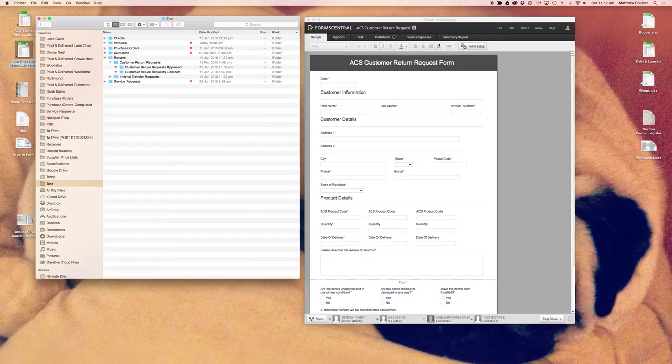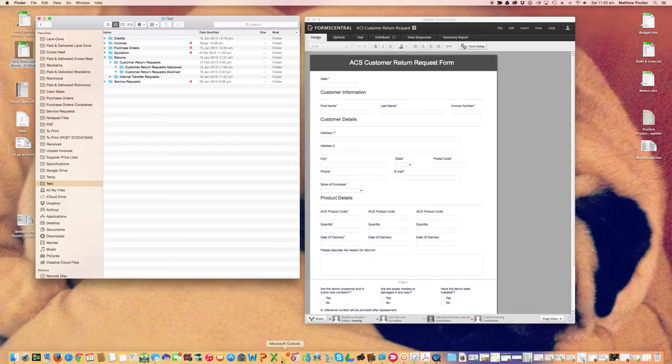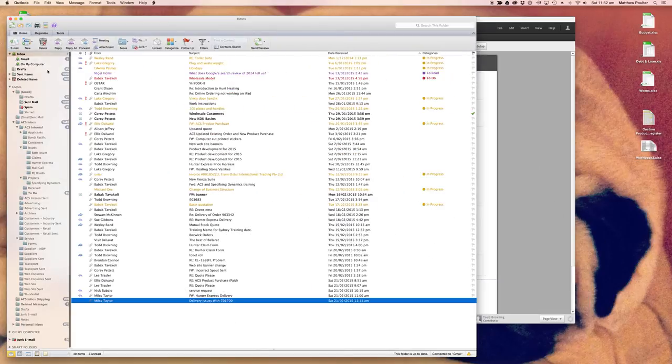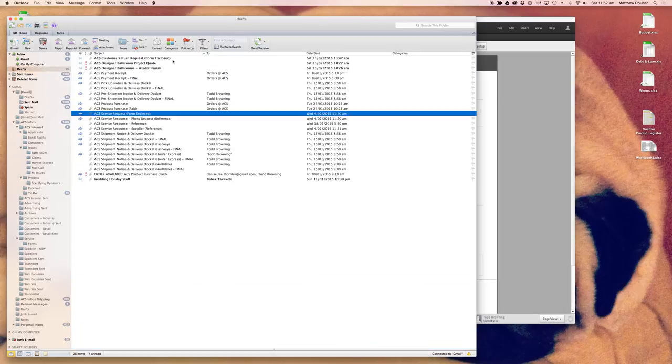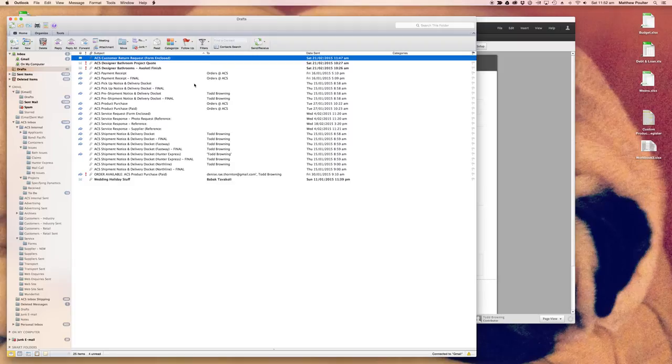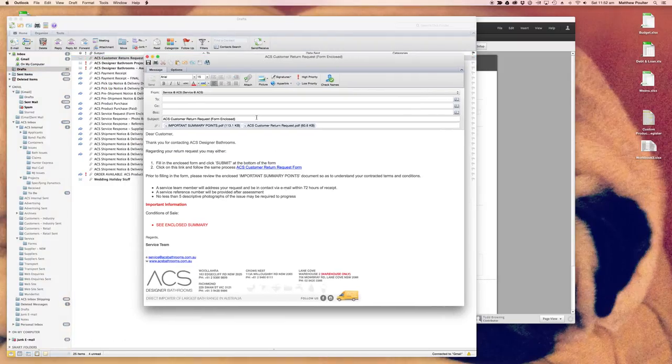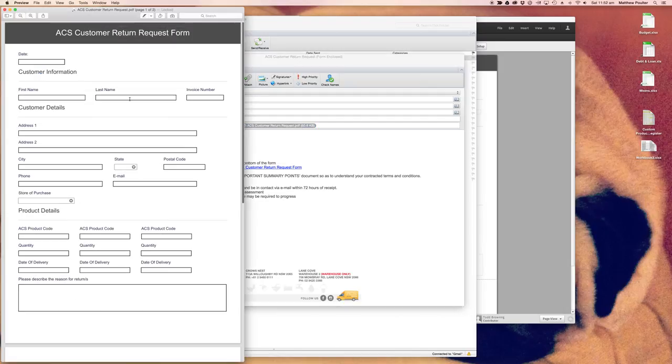So we're back in Form Central here. This is a form that I've created, and I'll just open up Outlook to pull up emails here. All right. So very simply, if a customer contacts you, there's a draft email. It's called a customer return request. We're going to open it, have a quick look. Very much like the Cerberus request one, it's got the form enclosed, which is openable. You can fill it in with all the relevant information: date, first name, last name, invoice number, address, city, phone, state,